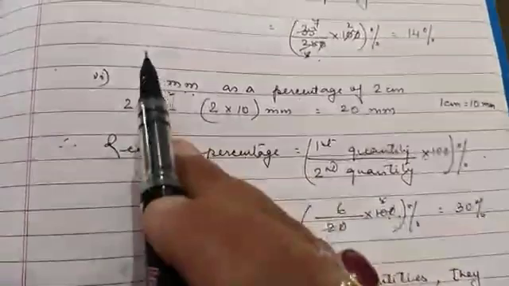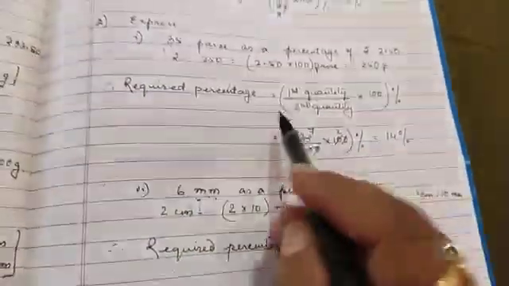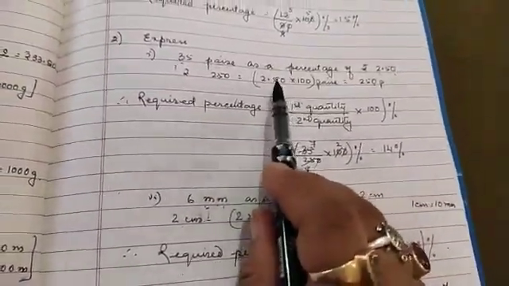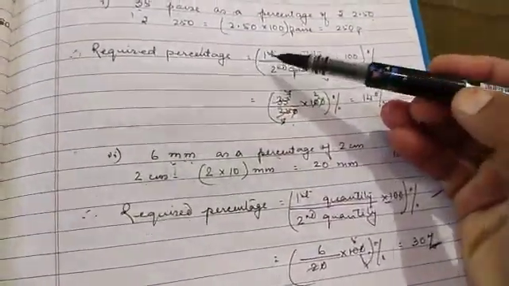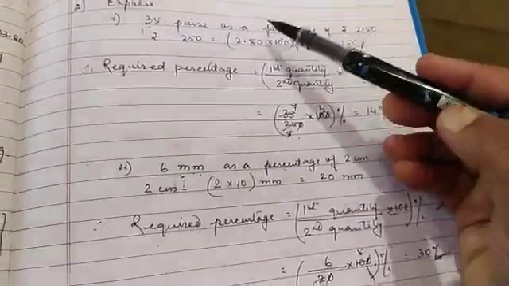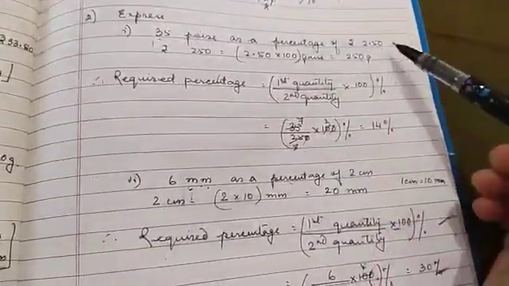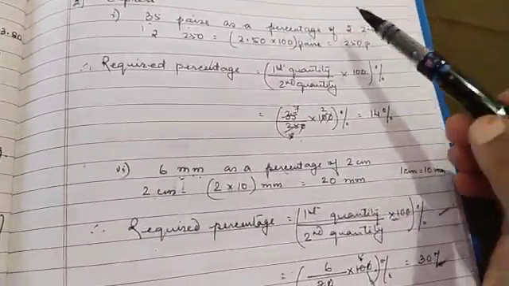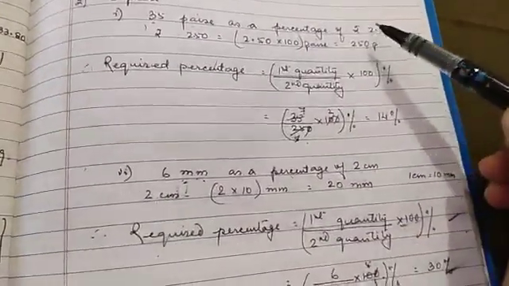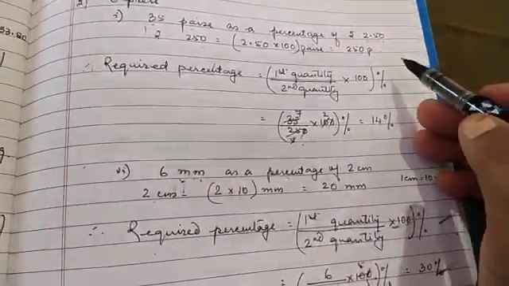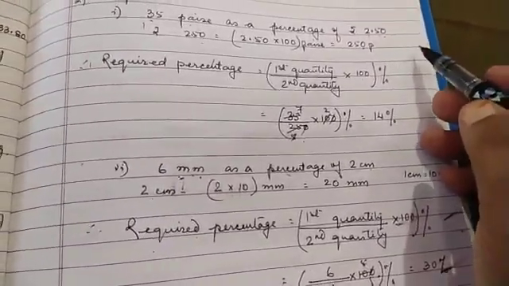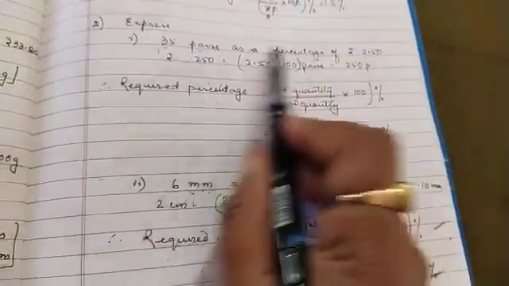Here you must have seen that when we were converting these into percentage, when we were finding out the percentage, what we did, we were comparing two quantities, isn't it? First quantity and second quantity we were comparing. Then when you compare two quantities, you will keep in mind that they must be of the same kind and in the same unit. They must be of the same kind.